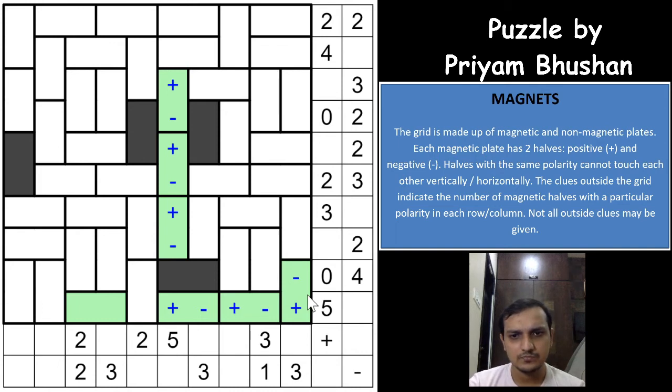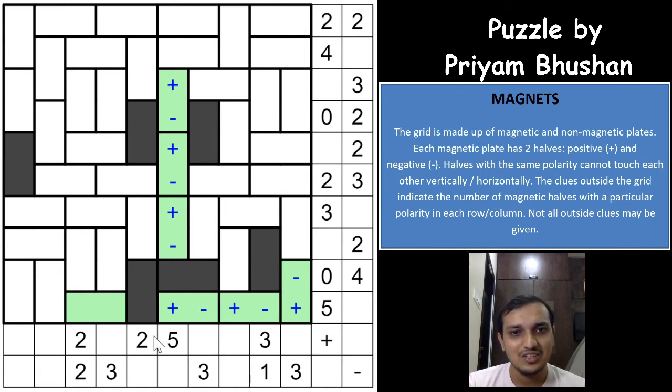Okay, and if you see here, you'll have 0 positives here, which means this cannot be a magnet. So if this is a magnet, this has to be a positive, which is not possible because of the 0. Again, excellent, superb. So if this is a magnet, this will have to be a negative sign right here, and this will have to be a positive sign, but 0 is there for the positive, right? Which means you cannot have positive in this row, which means this won't be a magnet.